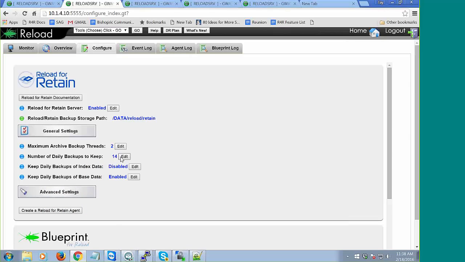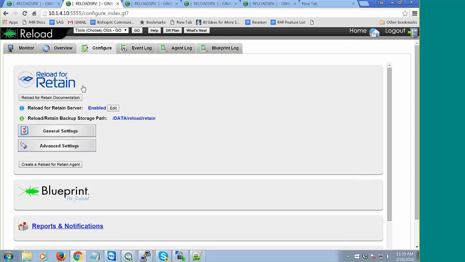The archives are kept forever. So the blobs, the archive blob files, those are kept forever. It's not like they expire after a certain time. Okay. So now we've set up the server, and the next thing to do is to set up the reload